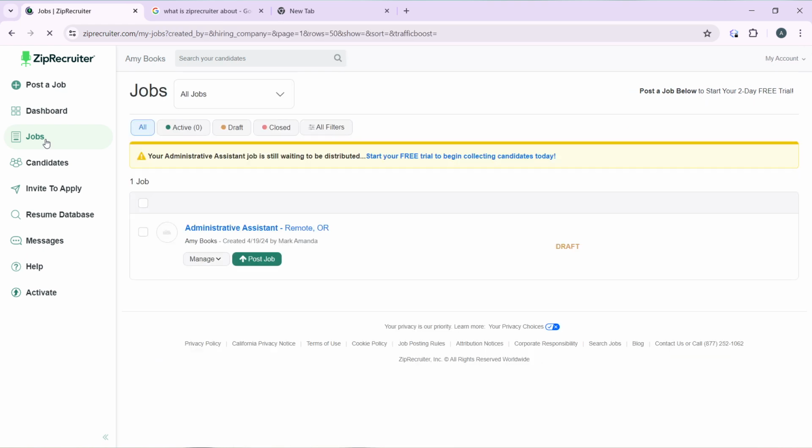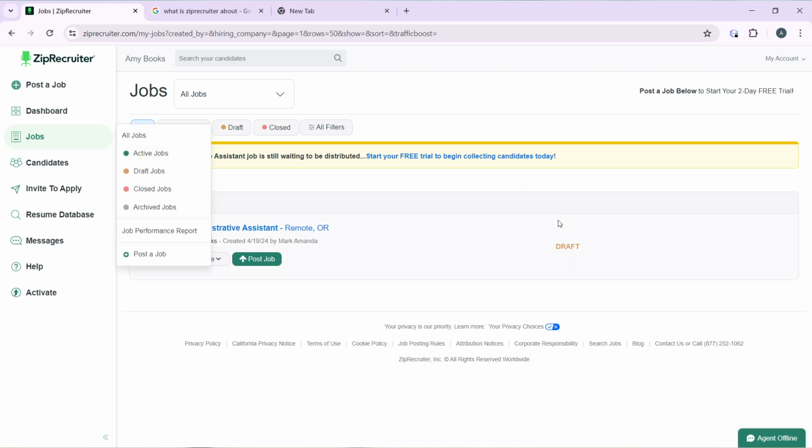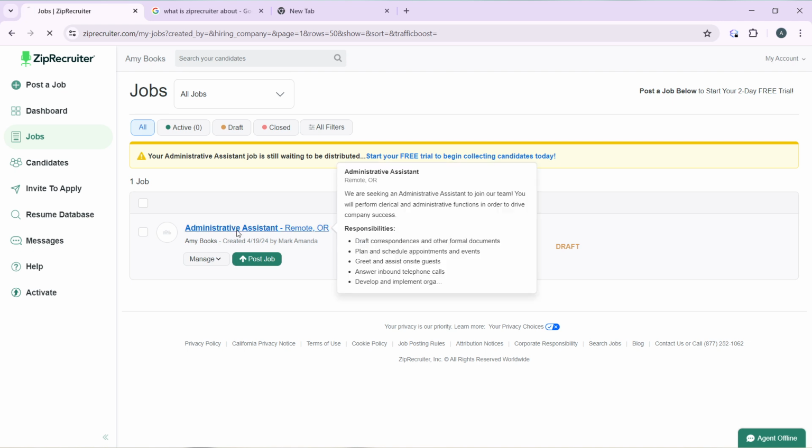Now, this page is going to display your active jobs. So if you want to preview the job that you have posted, you can see this is a job that you have posted. I've not posted this live because I don't want to subscribe to post it live. But if you want to preview it, you can just click on the job